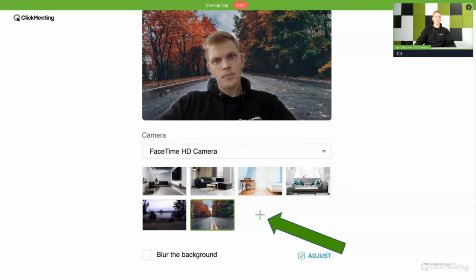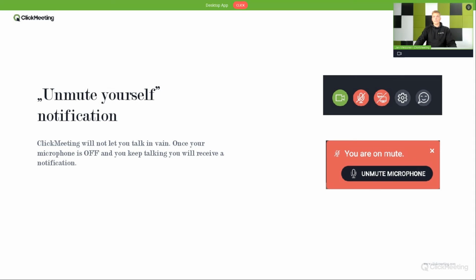Of course, below there is a small box, blur the background. So instead of a picture, you can just blur the real background you have in your room. So yeah, this is extremely easy to use. And last but not least,